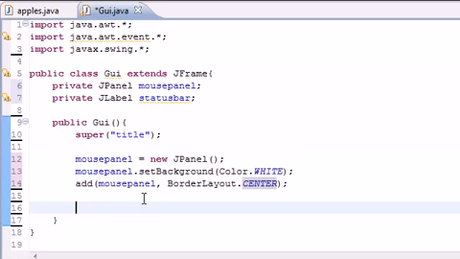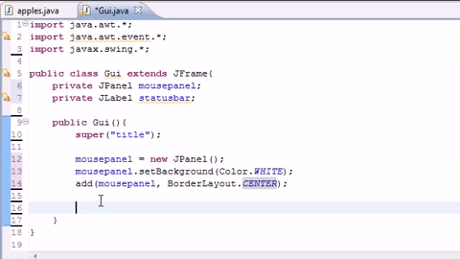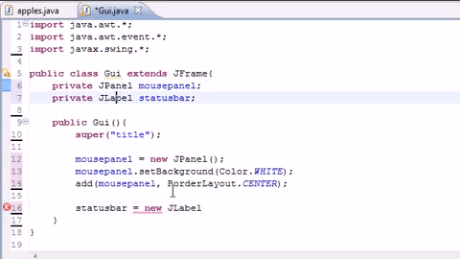Not very exciting. So let's go ahead and add that status bar we talked about right here. Type in status bar, and we will set this equal to new JLabel. Remember, don't get this confused: JPanel, JLabel. Your status bar is a JLabel. And just set it to